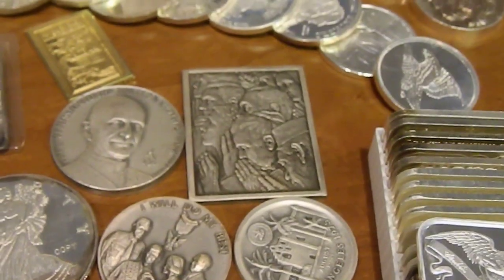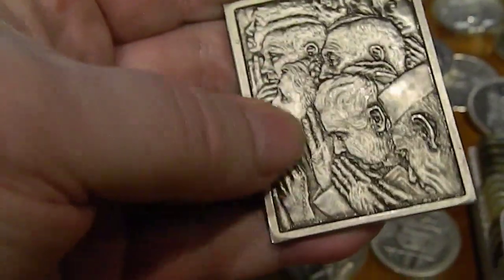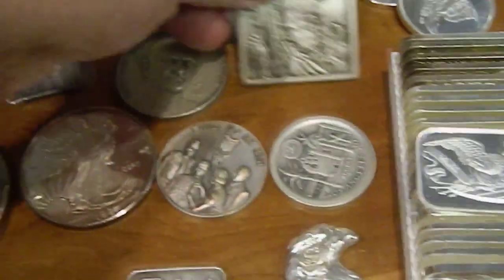And that's a Norman Rockwell. They made 4 of these. They're called the 4 Freedoms, and this is freedom of worship. This bar is 100 grains, but it's got a lacquer finish on it for some reason. I don't know if you can tell, but